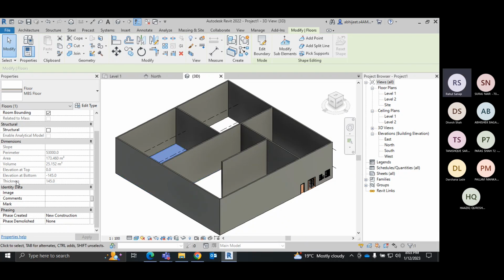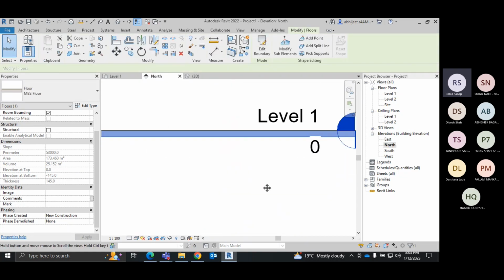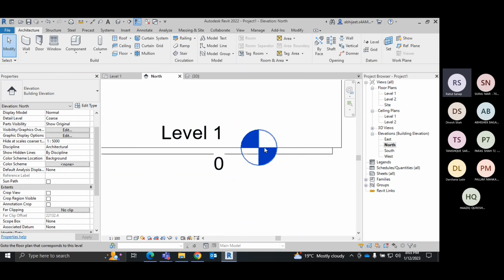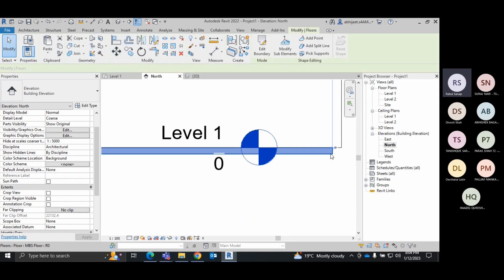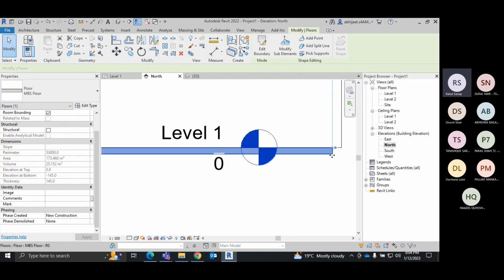Okay, and the elevation at bottom, so this represents the thickness. So thickness का भी option यहाँ पे आपको दिखता है, but exactly the thickness that you have given on to the top from, मतलब जो level है ना exactly, level से आपने नीचे दिया है कि ऊपर दिया है। So अगर यहाँ पे आप देख रहे होगे, मेरा level start होता है इस वाले end में, but मेरा slab थोड़ा सा नीचे है, मतलब इस लेवल से नीचे वो 145 मैंने दिया है, जितना भी थिकनेस है वो नीचे दिख रहा है मुझे। सो इसलिए आपको यहाँ पे वैल्यू मिलेगा -145, सो वो नीचे है।